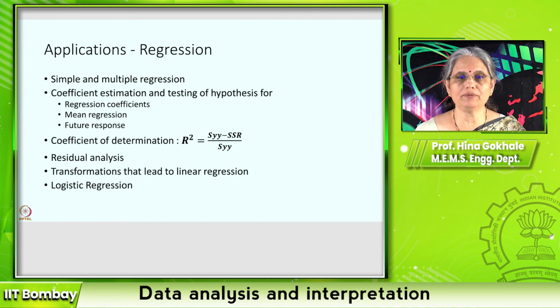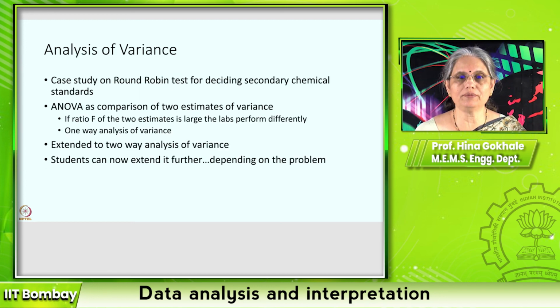Then we started going through the case study and understanding analysis of variance. We studied the analysis of variance. Again, we came across the F ratio, because we realized that analysis of variance, as it says, is comparing the two variances which arise under the hypothesis and due to the error. And if you compare the two